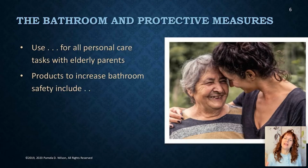Tell me. That box that I put in my car, and I suggest that you do this too, was for unexpected accidents. You never know when you're going to have your parent in your car and they may vomit. They may have an incontinence accident on your car seat. You may take them to a doctor appointment and they may have an accident there. That little box back there, I cannot tell you how many times it saved the day when something unexpected happened